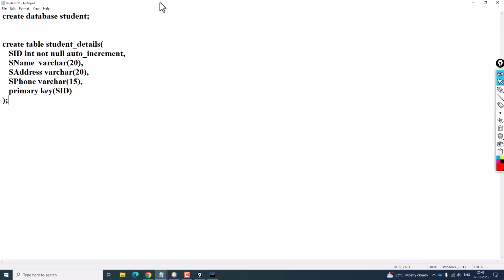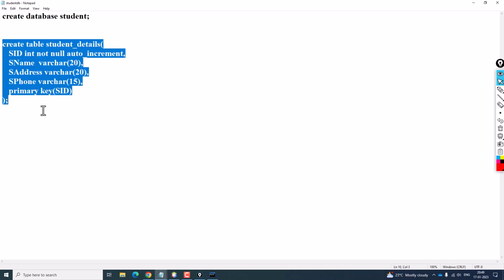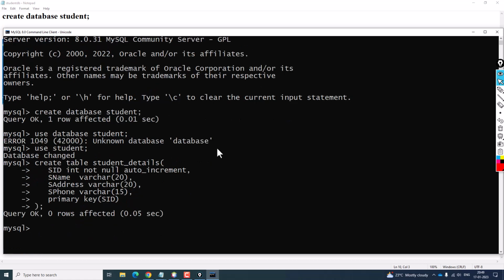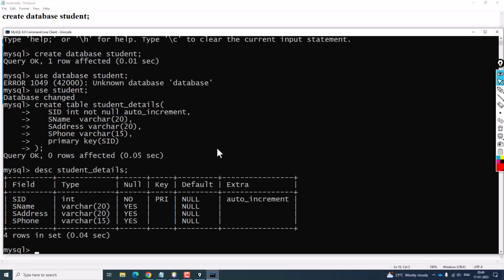Now what I am going to do is create a table, since you have already created the database. You are going to create student details. Student details is the name of the table which you are going to create. So now you have successfully created a table. So now if you are going to describe the table student details,